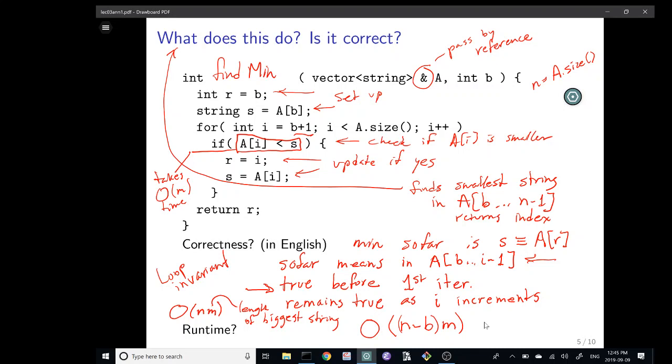What is the variable here? There's three of them, n, b, and m. What is the variable here that you're interested in the growth of this function as a function of? So I have to pick, in our definition of big O, we have one parameter that's allowed to go big. And so the other parameters do not go big in our definition of big O.